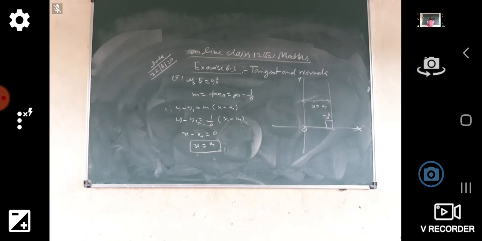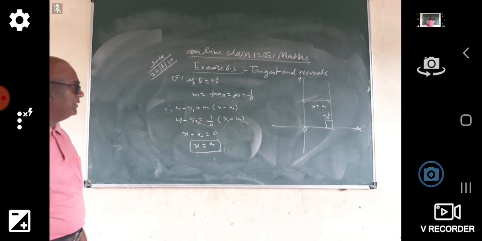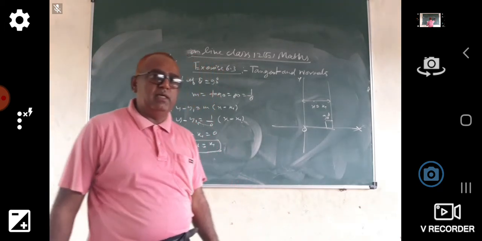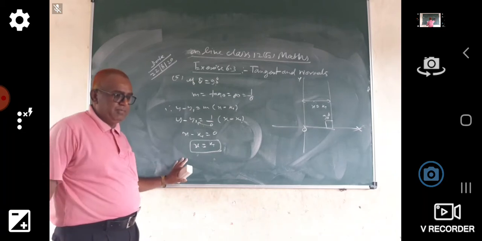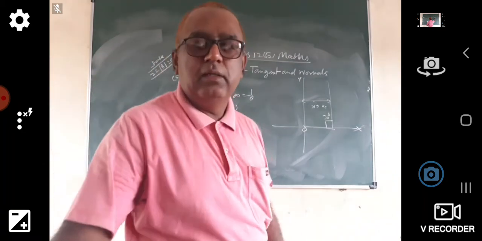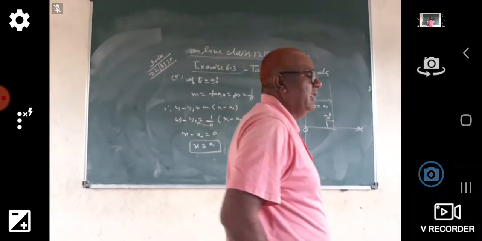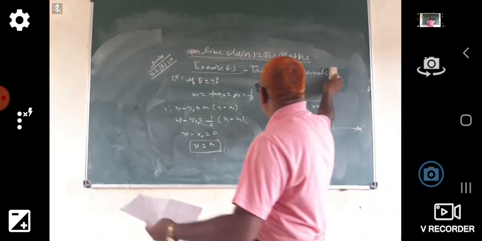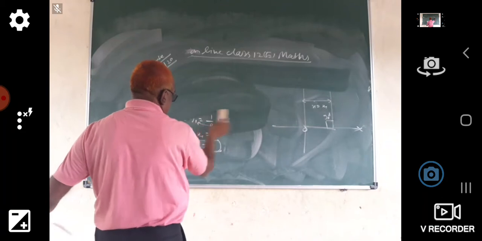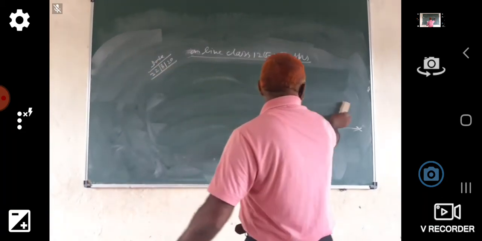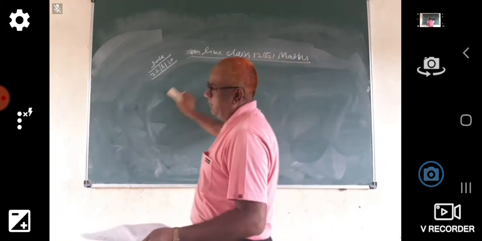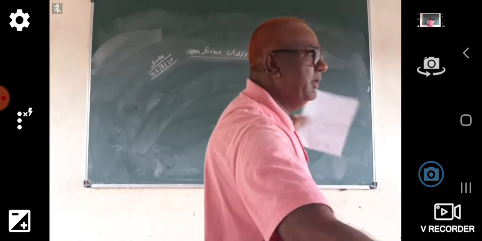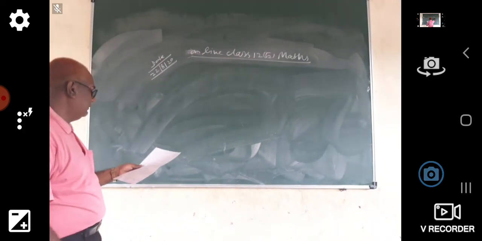So these are the 5 properties of tangents and normals. All the questions depend upon these properties. So now we can take some questions in exercise 6.3. You have to solve all the examples by these fundamentals, because maximum questions depend upon your examples.